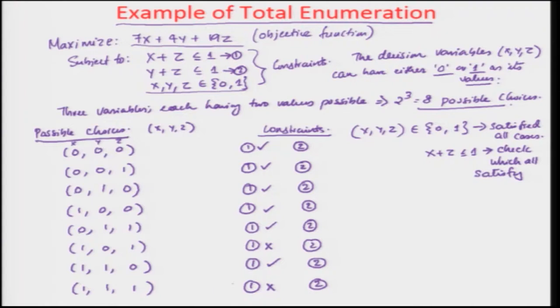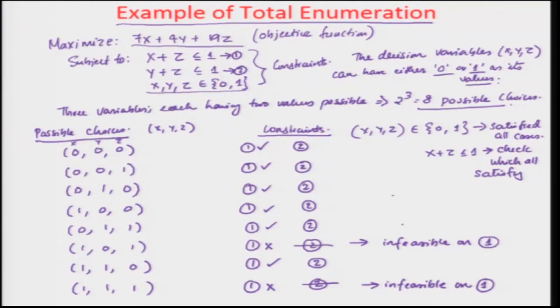So, these two cases immediately you can say that fine, I do not need to deal with them because they are infeasible on constraint 1. The first constraint is infeasible here, and here is also infeasible on 1. So, with the first constraint we know that these two are not needed. Then we do not need to check the second constraint at all for them, because you can eliminate these. So now immediately from 8 you are reduced to 6 of them.